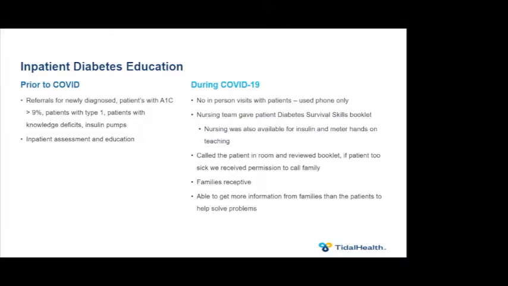So then COVID popped up and we had to make some changes because at the beginning there were no in-person visits. So we had to rely on our telephone, which was something that was a little different for us. Our nursing team was also fantastic at helping out wherever they could. So, we would, number one, depending on what was going on, we would call the patient's nurse, have them give the diabetes survival skill booklet for review with the patient. We would also get them a meter. We did that a little differently as well.